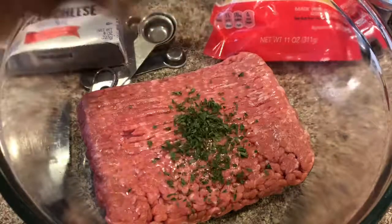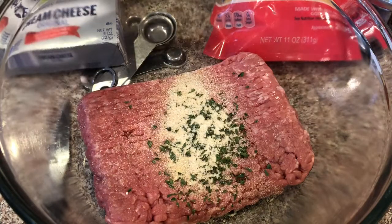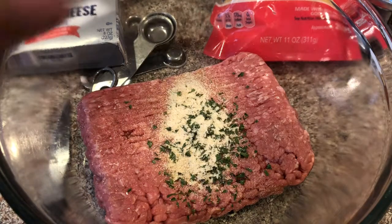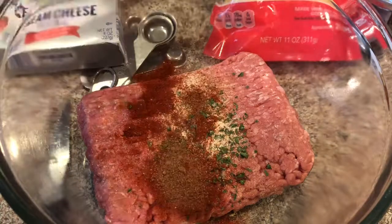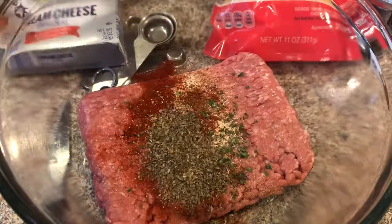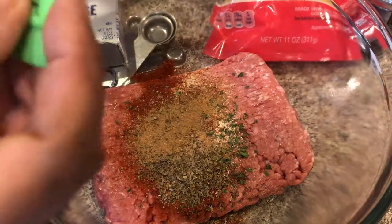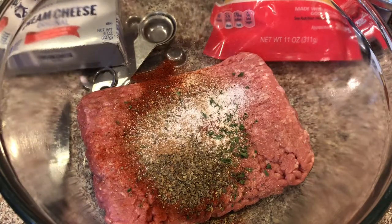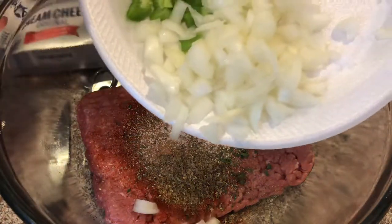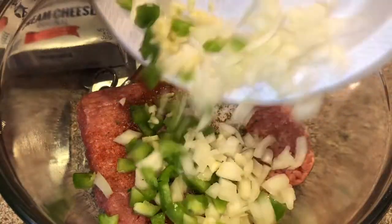Okay, 1 teaspoon of parsley, 1 teaspoon of garlic, 1 teaspoon of onion powder, 1 teaspoon of paprika, 1/4 teaspoon of nutmeg, 1 teaspoon of basil, 1/4 teaspoon of cinnamon, half a pack of stevia, half an onion, some bell peppers that I had left over, 2 garlic cloves,